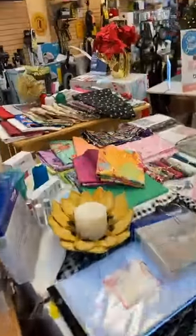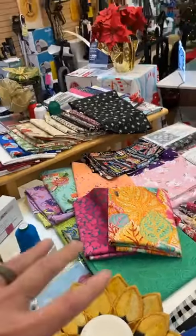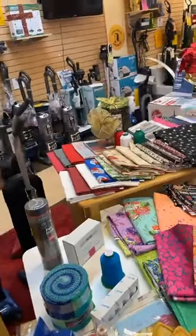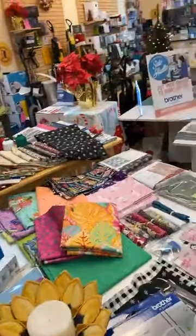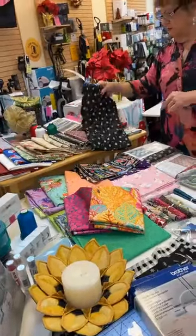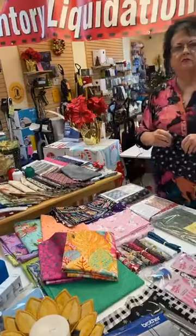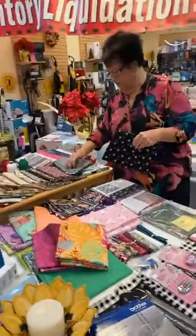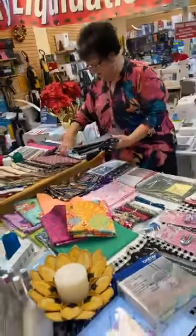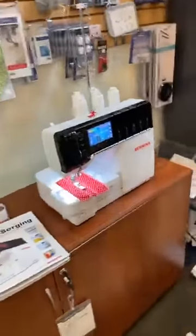Awesome. So as you guys can see, I love this fabric selection, but we are going to carry a ton. There's some batiks back there in the corner. We've got some 30s fabric coming in. We've got, what's the other word I'm looking for? Reproduction. Thank you. I'm learning. Reproduction. So we've got a ton of stuff, including the newest and greatest overlock machine on the planet,